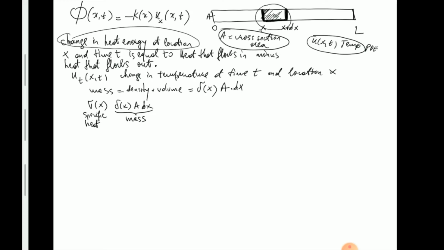Specific heat is the amount of energy per unit of mass. So this is how much you need in terms of energy, sigma of x, to change the temperature by 1 unit per unit of mass. So when I multiply by the total mass, this is the amount of energy needed for that object to increase or decrease